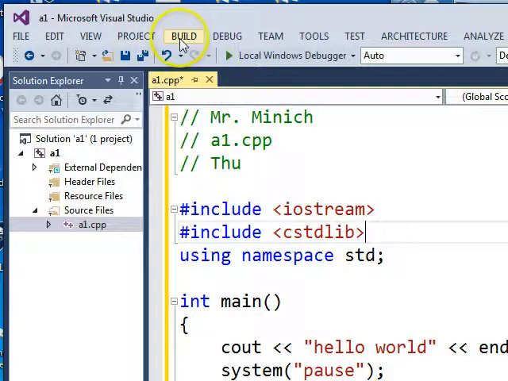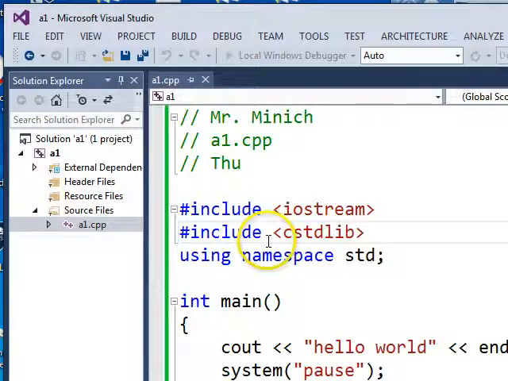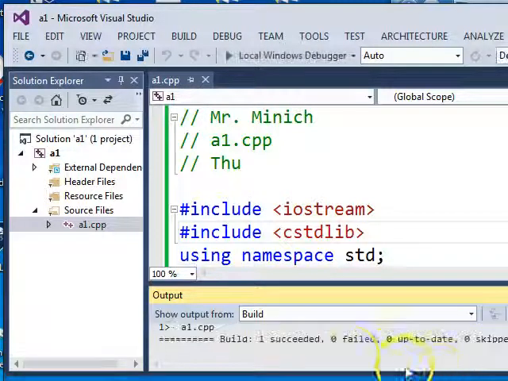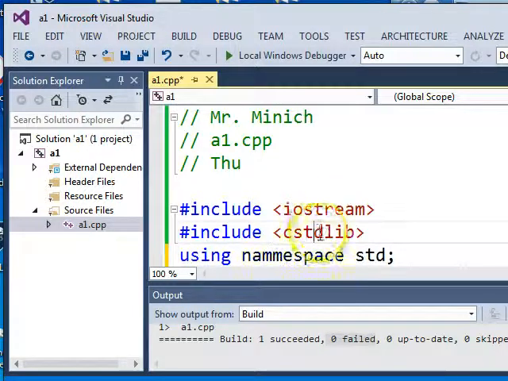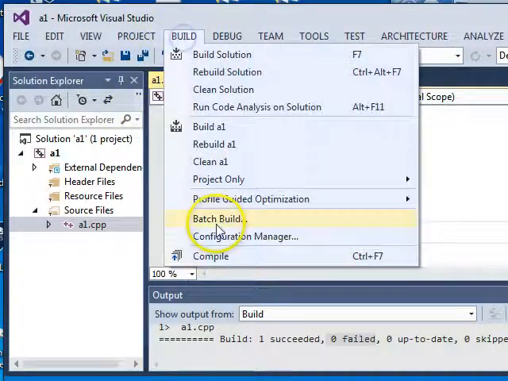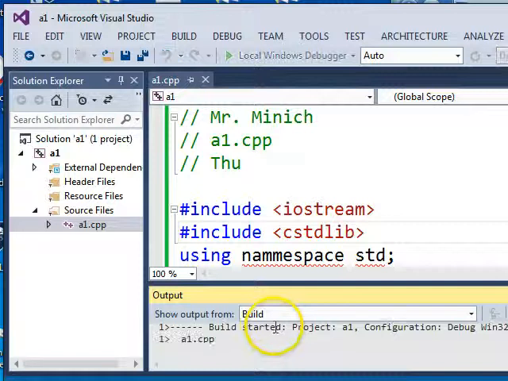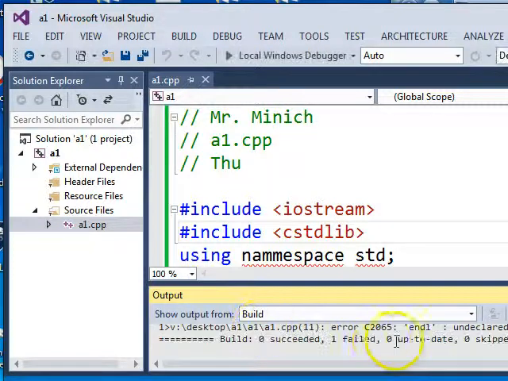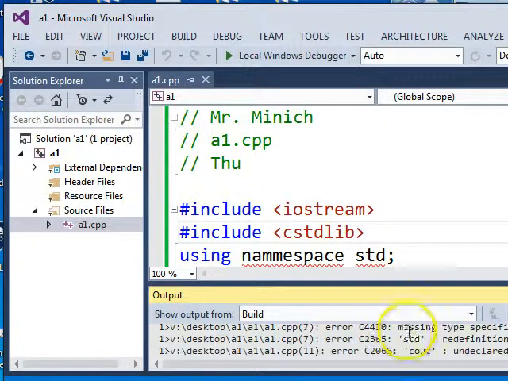Okay, anyway, if you have a compile command, click it. It's always extra to be safe measure. If you do compile and don't have any errors, it says 0 failed usually here. If you have an error and you try to compile it, in this good version of Visual C++ that I'm using, it tells you what your errors are. I think in the free version it also tells you what your errors are, but it doesn't let you